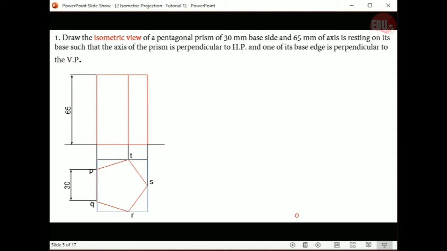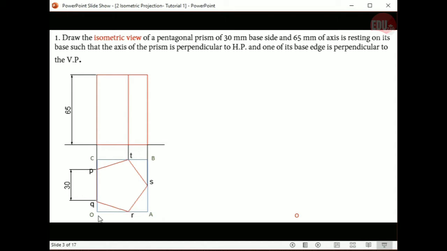And for drawing the isometric projection or view, first of all you have to closely pack the solid in a rectangular box. Okay, so you need to draw this box around this polygon like this. For all the isometric drawings you have to follow the same procedure. First you have to pack that top view in a closed polygon like this, and then you have to mark that